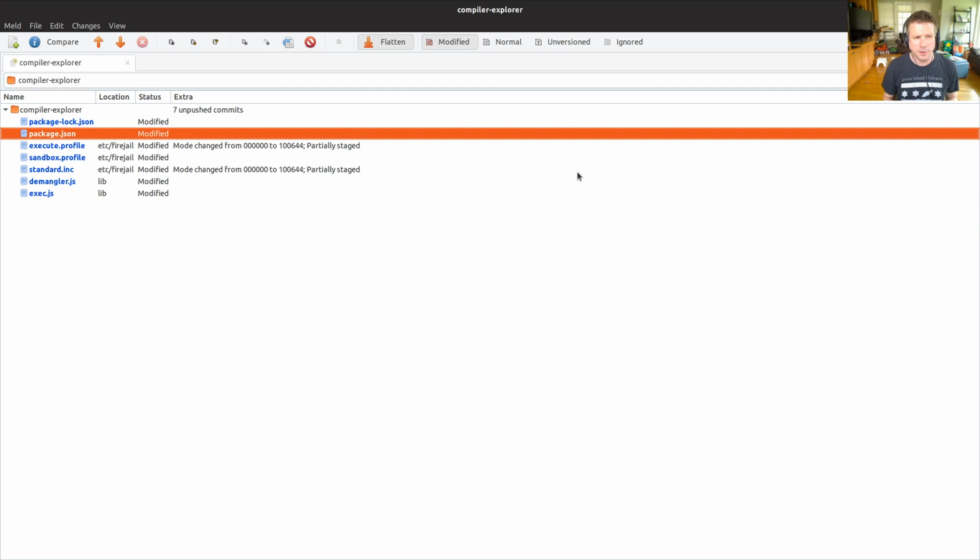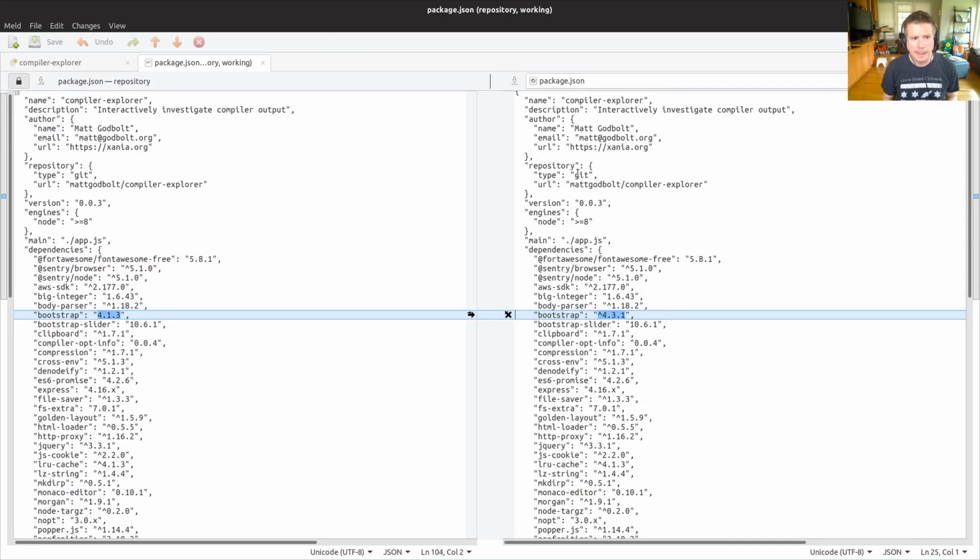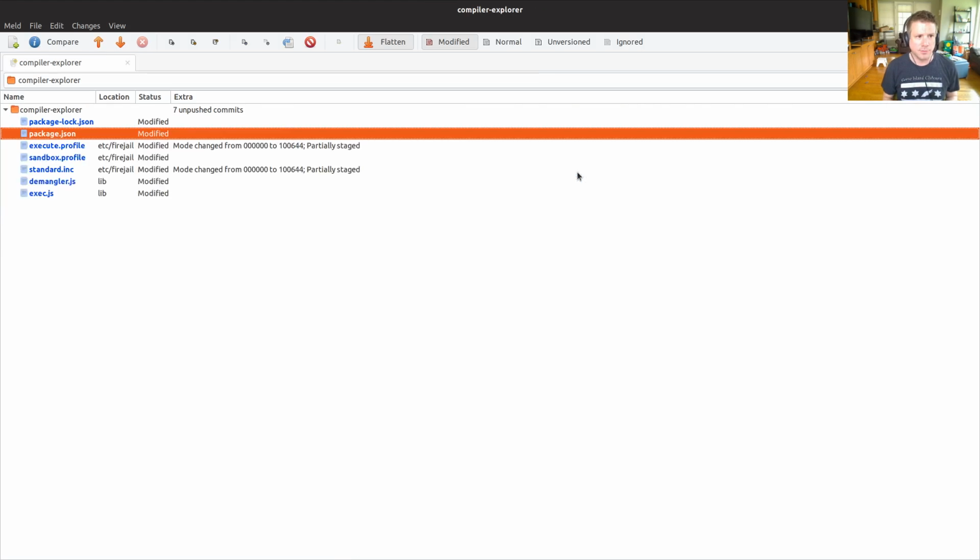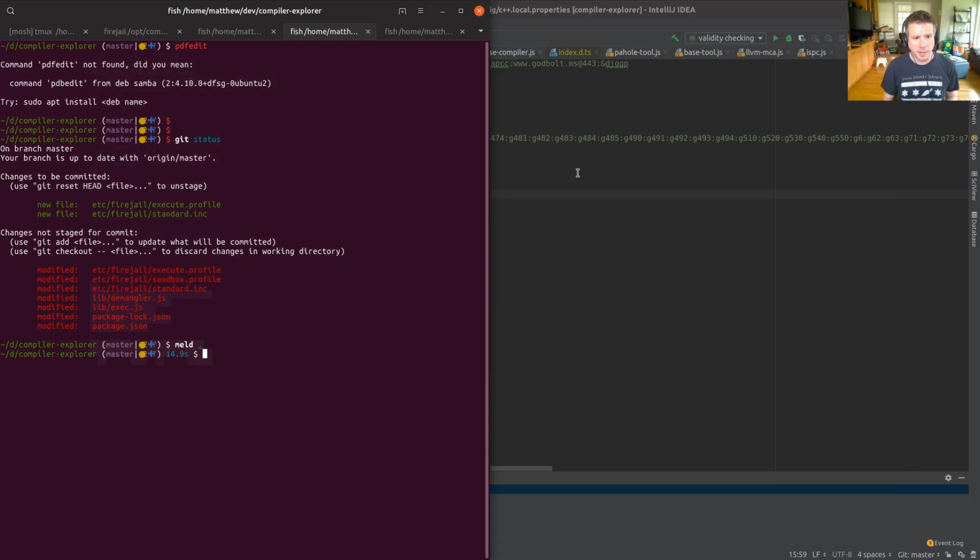First of all, what the heck did I change in package.json? All right, see, that needs more testing. I can't just push that in as it is right now. Partially staged. I am going to do git add dot, git stash save WIP on FireJL. All right, cool. Make sure we've got all the latest and greatest here.